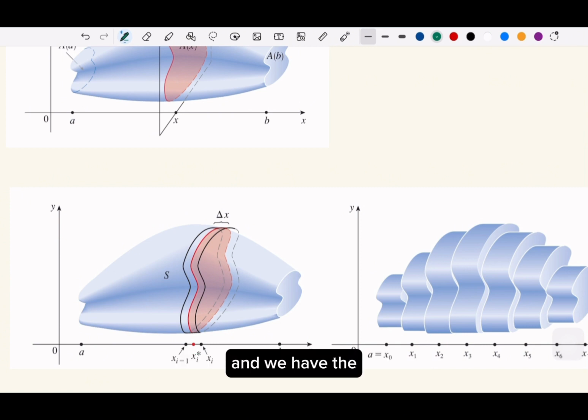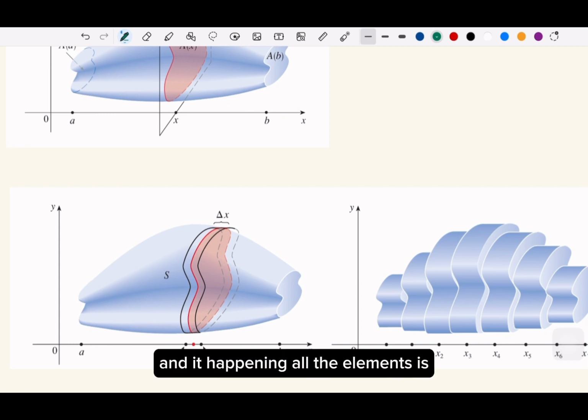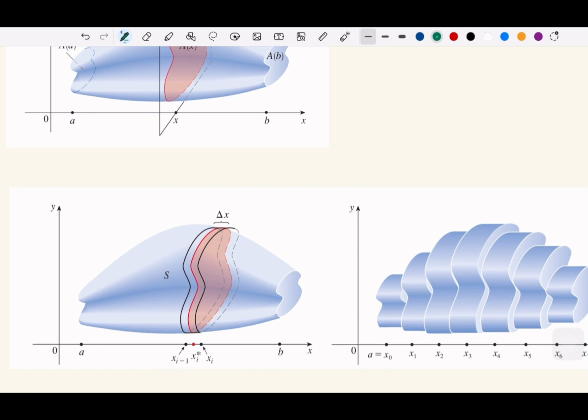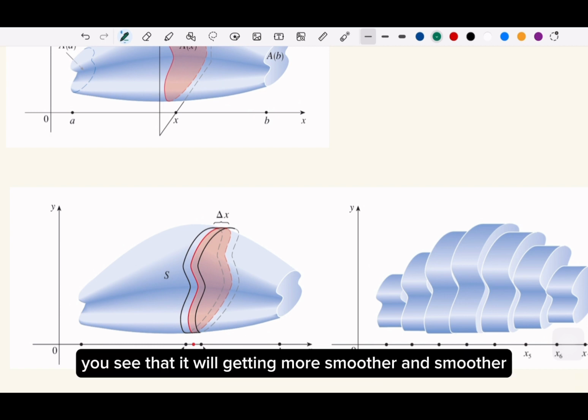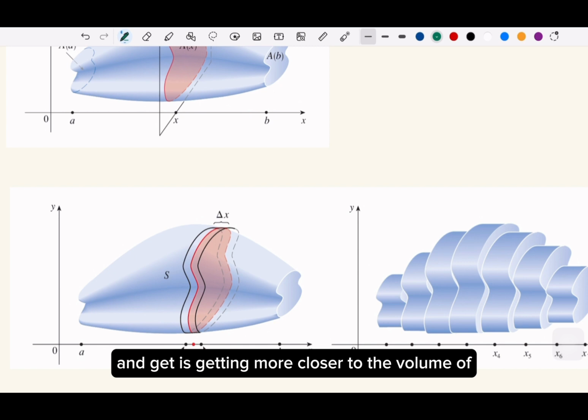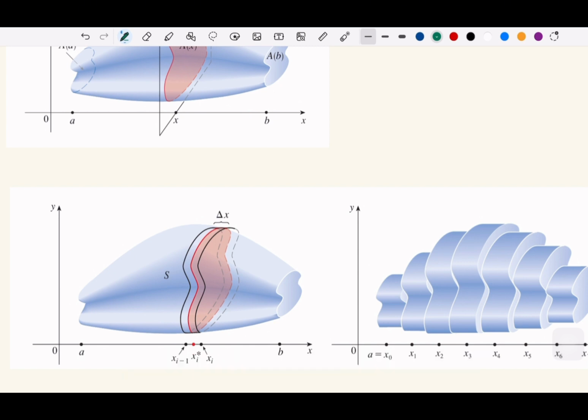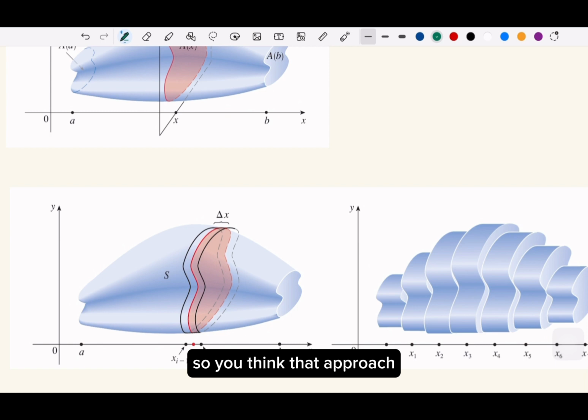So we have the function, and then we have the area under that function, and we could take the rectangle and cut all the elements. It's similar. The more we cut, the larger the number of n, you'll see that it gets smoother and smoother, and closer to the volume of the solid itself, right? So using that approach,